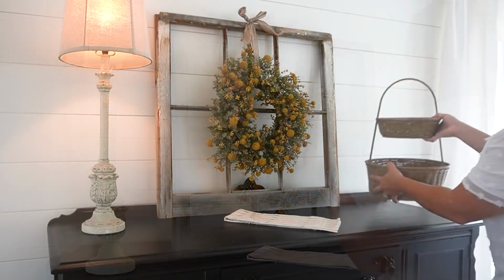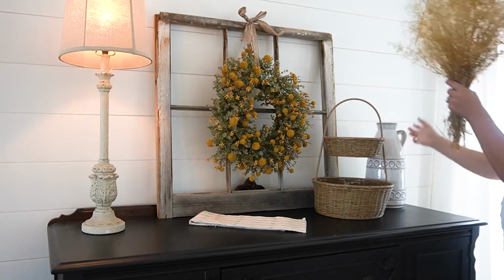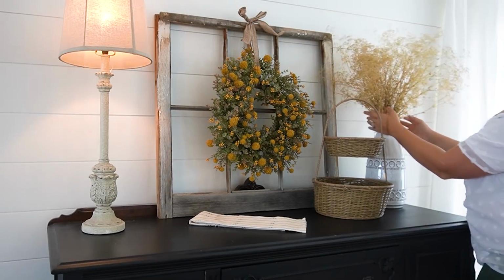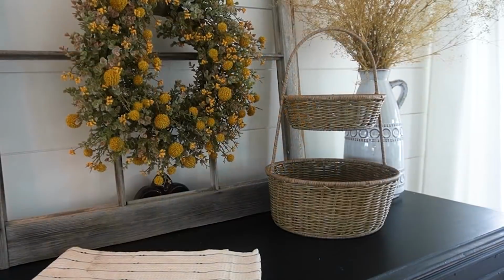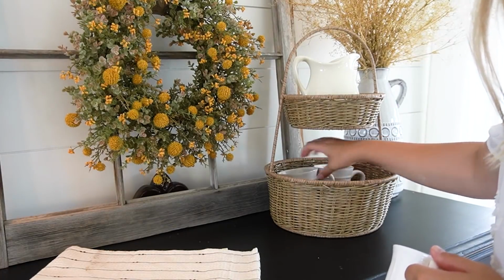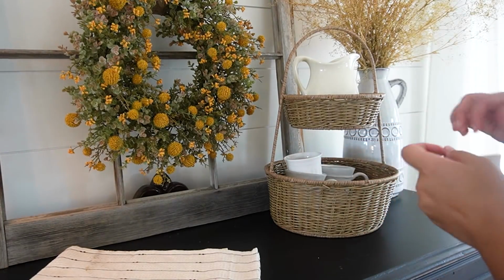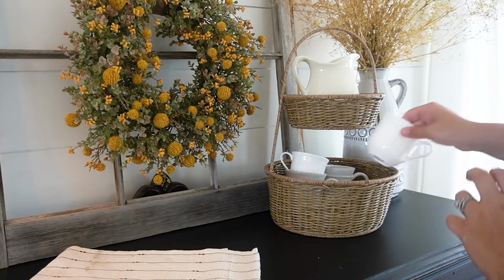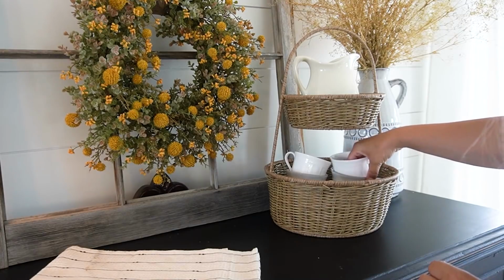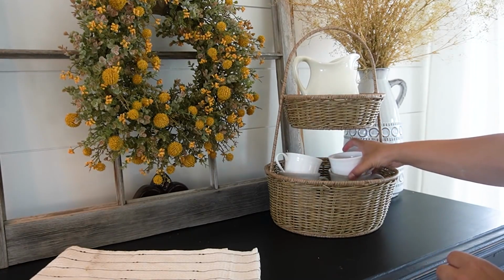I found this wicker tiered basket at Kirkland's. I thought it was the perfect, just sort of cottage staple. And then behind that, I have these dried florals that I found at Home Goods. And the dried florals, again, are perfect end of summer look. And in the basket, I just stuck a white ironstone pitcher and some teacups. Just wanted to keep things really simple and easy. I didn't want it to be too busy, but I still wanted it to be sort of whimsical and eclectic